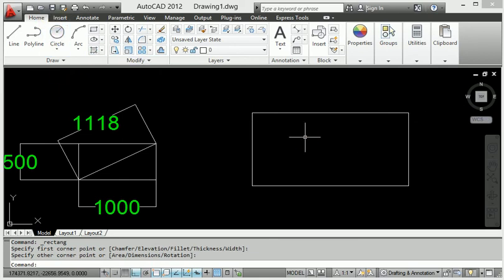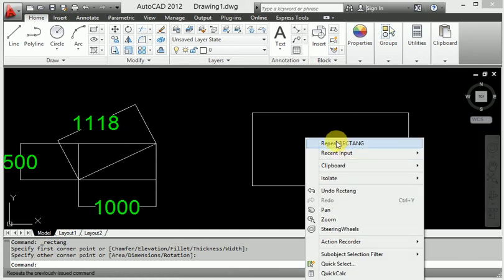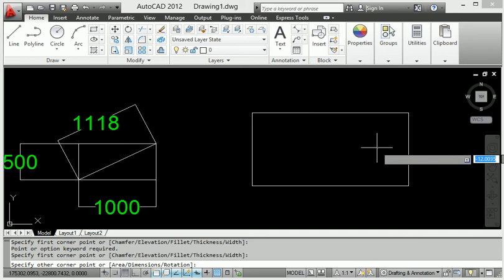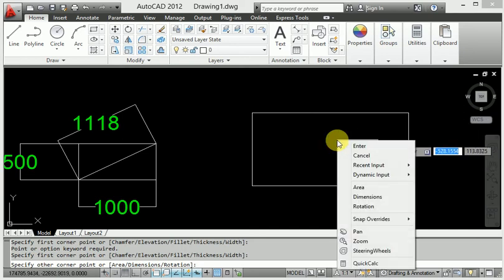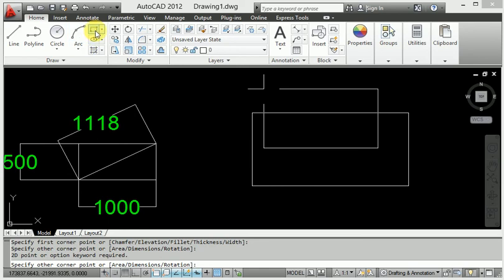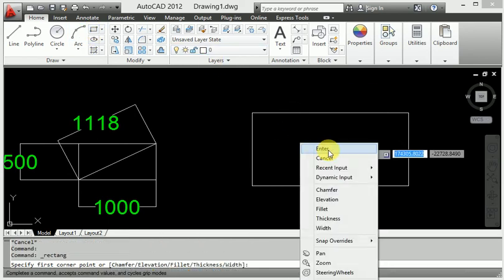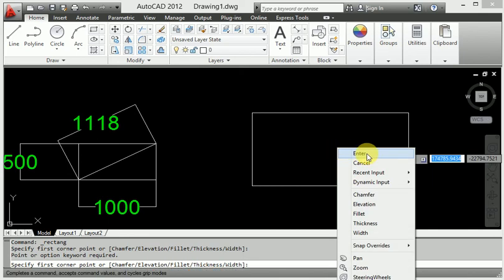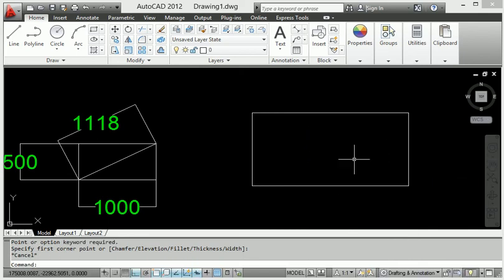So when I use the shortcut key, how to use the shortcut key? First of all, the shortcut key for dimension is D, press D L I. If you press DLI, this applies the dimension. So this is called a smart dimension, shortcut key DLI.